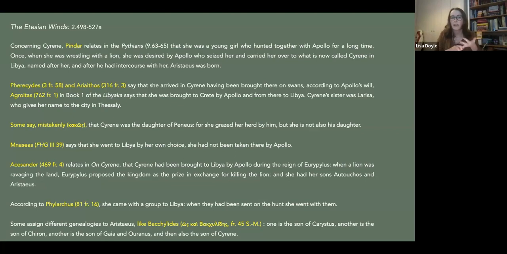We don't always get any preference for one author over the other, because that is what you do get in other scholia. No, what the Apollonius-scholia are doing is listing out authors, and it speaks to what Athena Kirk, Alan Cameron and Shaw de Lettres have commented on as the cultural influence and the cultural currency of Greek mythology. And the ability to gather all this information together, presenting all of this material, is a kind of location-based mythography. So here are all the authors you can read on Cyrene. It speaks to the function of the Apollonius-scholia, as I've been calling them, and how they might function as a handbook.